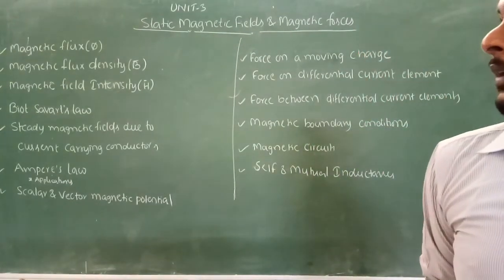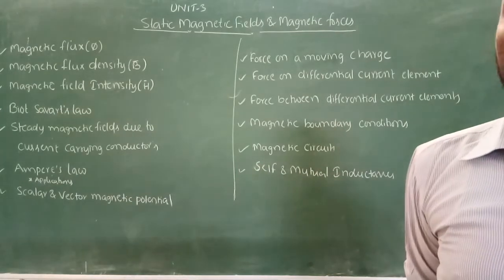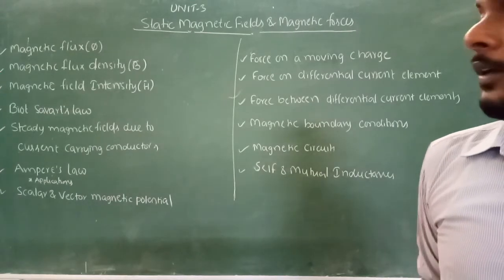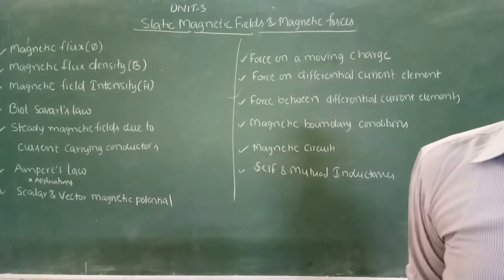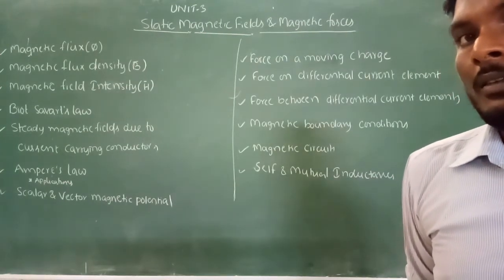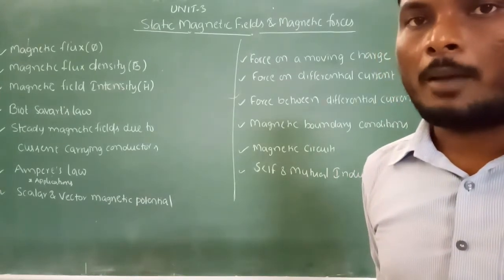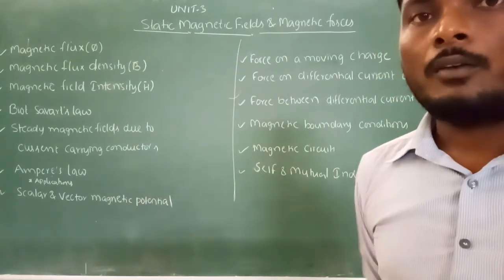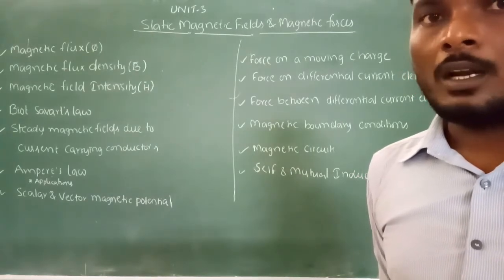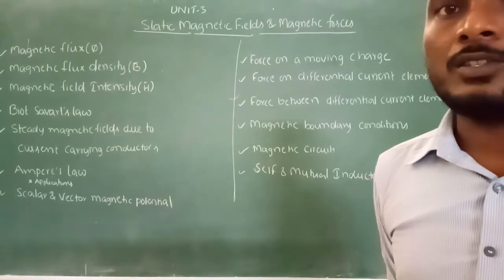Now we'll try to know the meaning of static magnetic fields. If you are familiar with the term electric field, it is easy to understand the magnetic field. It was already discussed: what is meant by electric field? If a charge exists, positive or negative, what will happen around it? The field lines are distributed around the charge, and the total number of field lines is called the electric field for the electric charge.